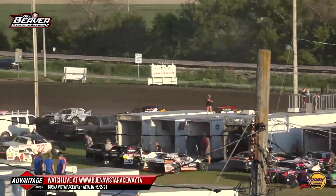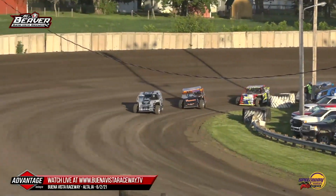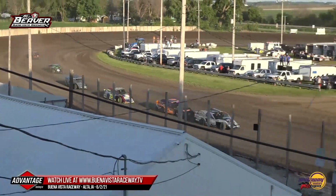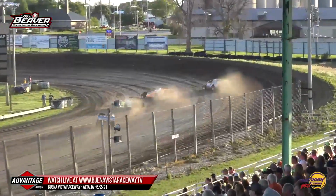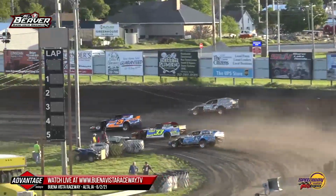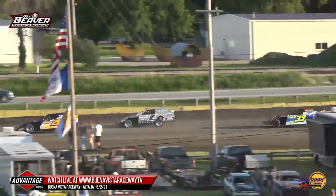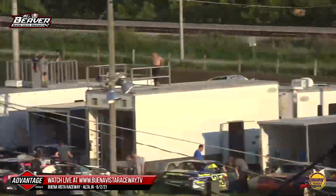One lap down, 5 to go here for your final heat race for your Carl's Customs IMCA Northern Sportmod division. Single file restart as we're back to green. Christian Sylvester is going to lead them through turns 1 and 2, but here comes the 21 of Vanderweerd, looking to the inside. He'll have the race lead on turn 2. Vanderweerd and Sylvester. Then you've got the 33